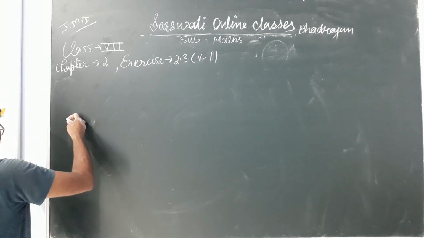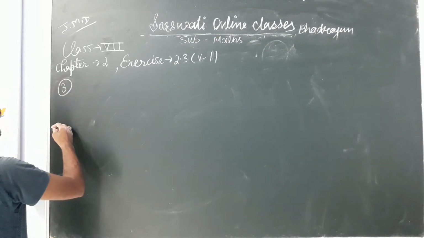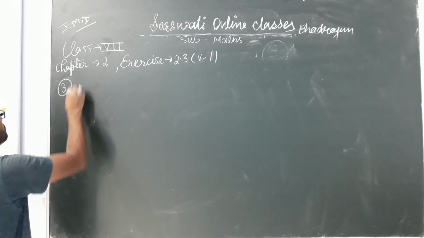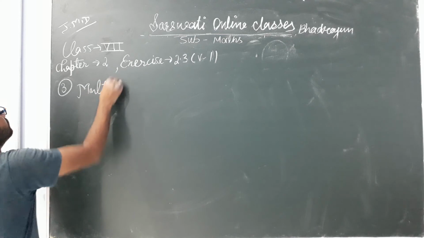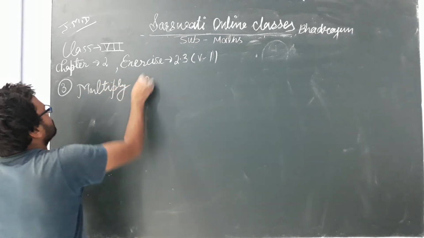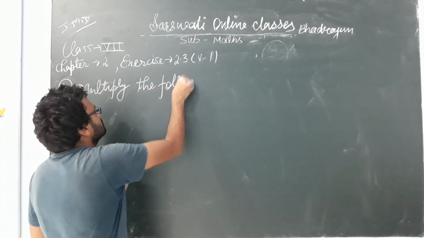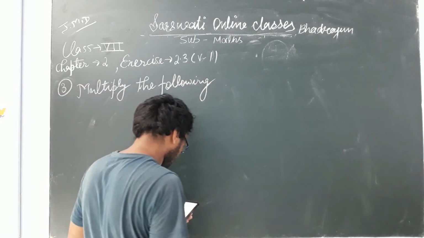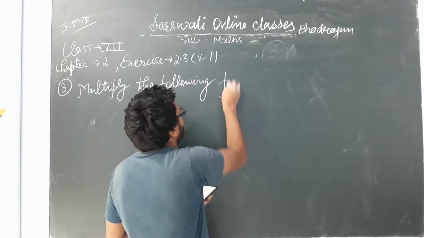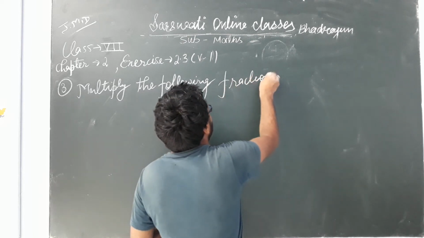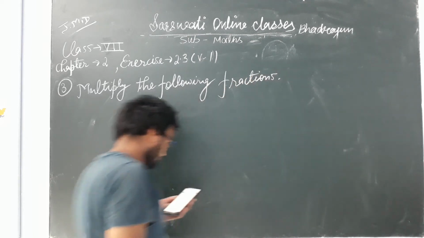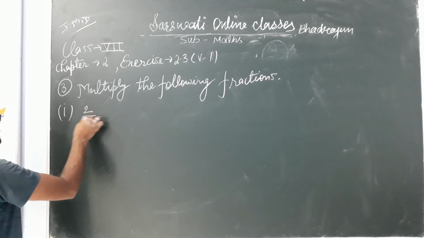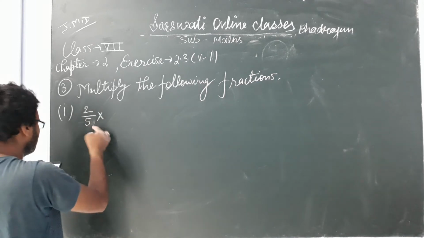Our question number 3rd is, multiply the following fractions. Multiply the following fractions. Question number 3rd, first part is 2 upon 5 multiplied with